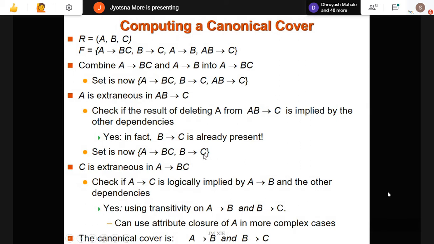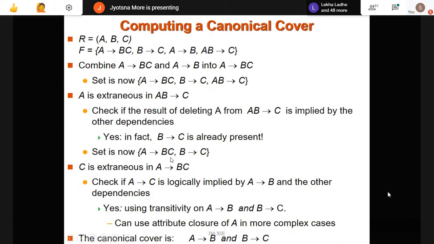With the help of that, I will get A determines C through the transitive closure. So I am saying that in this A determines C, the C over here is an extraneous attribute. Why? Because if I remove this C from this, I will get A determines B. Correct? Okay. I will get B determines C. I already have B determines C. So using this A determines B and B determines C, I will already get A determines C as a transitive, which is over here, A determines C. So no need to keep C over here as an extraneous attribute.